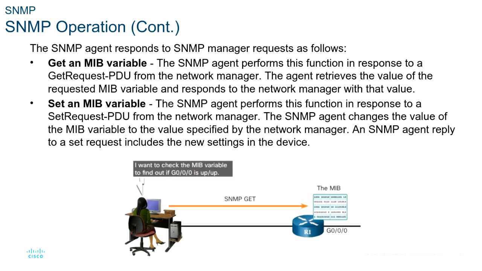So an agent would respond. That agent is the code that's running, in this case, on this router R1 on the right, the blue router. So if the network administrator at the network management workstation on the left says get a variable, that would be like actually logging into the router or telnetting into the router and doing show commands, seeing what's going on with that particular device. Except that